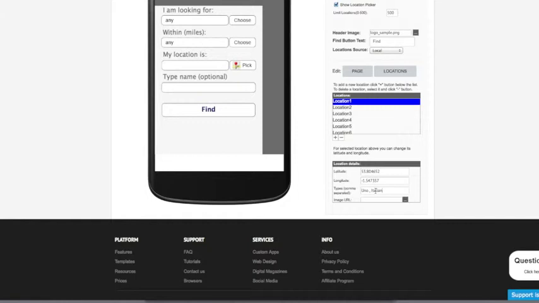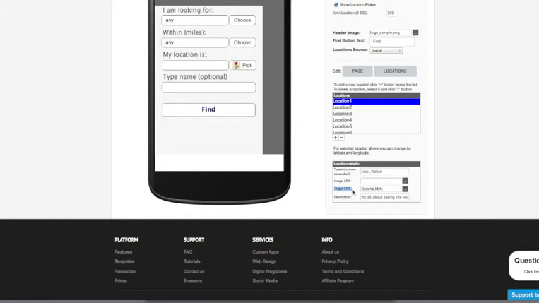It will be shown as Uno Italian restaurant within 2 miles, for instance. Here we can put a URL, which will be shown next to the restaurant, and a target URL,